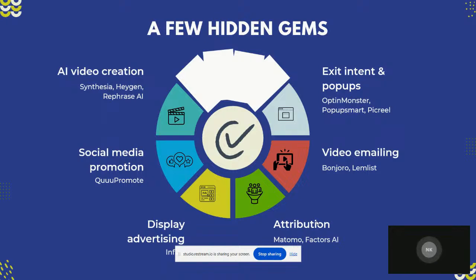So starting with AI video creation, this has kind of become mainstream nowadays. They are not new anymore. Whether it's Synthesia, HeyGen, Rephrase, Typecast, there is Vid.io, which also has an AI avatar module now. So these tools help you create AI avatar videos from a simple script. So how do they help in content distribution?